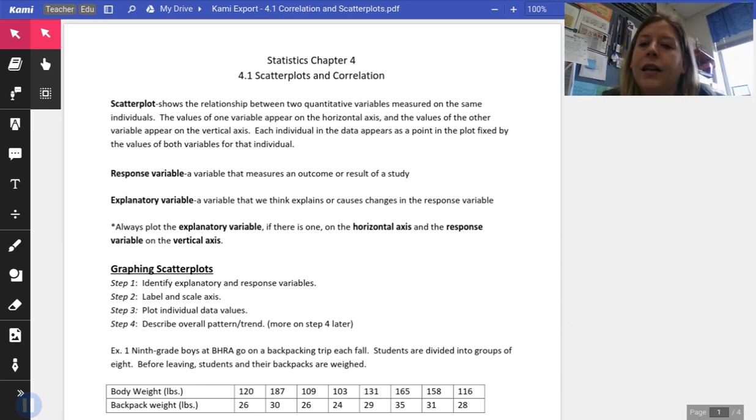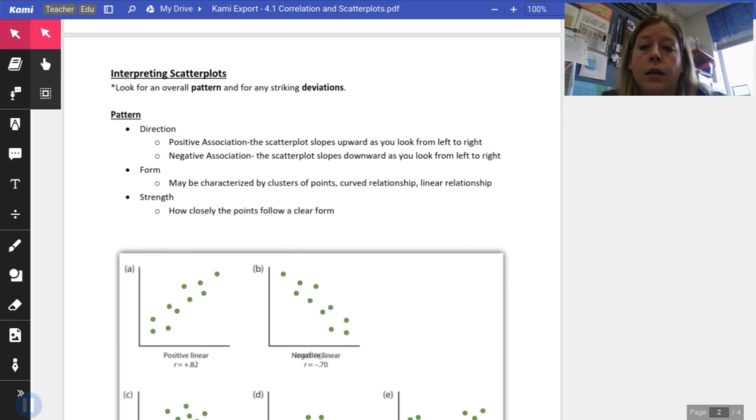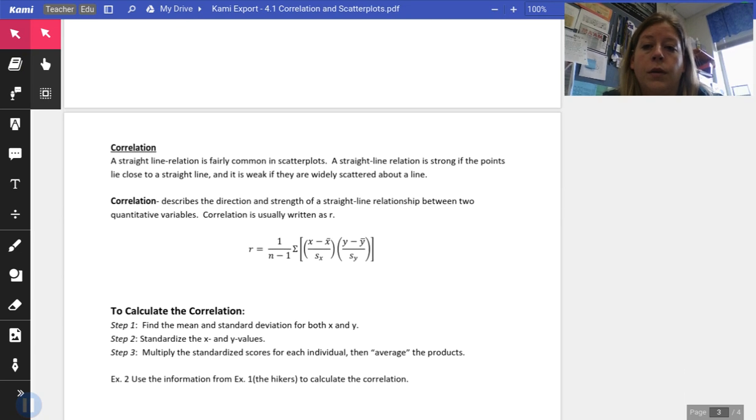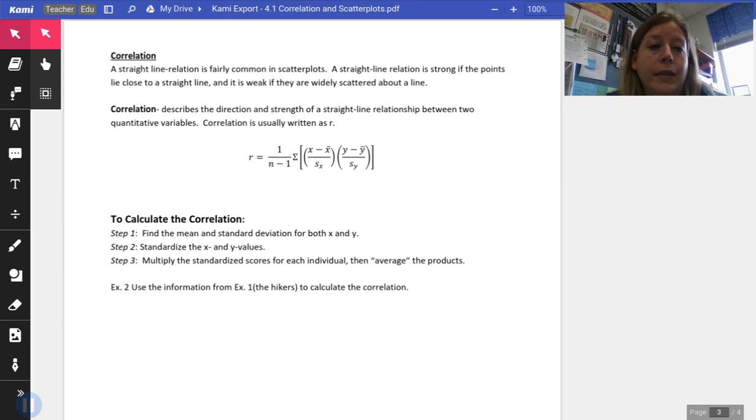It's Thursday. And we are continuing the 4.1 notes. Yesterday we did scatter plots. So I want you to scroll down in the 4.1 notes all the way till you get to this part called correlation. All right, correlation is the term for how strongly the dots from the scatter plot are in a